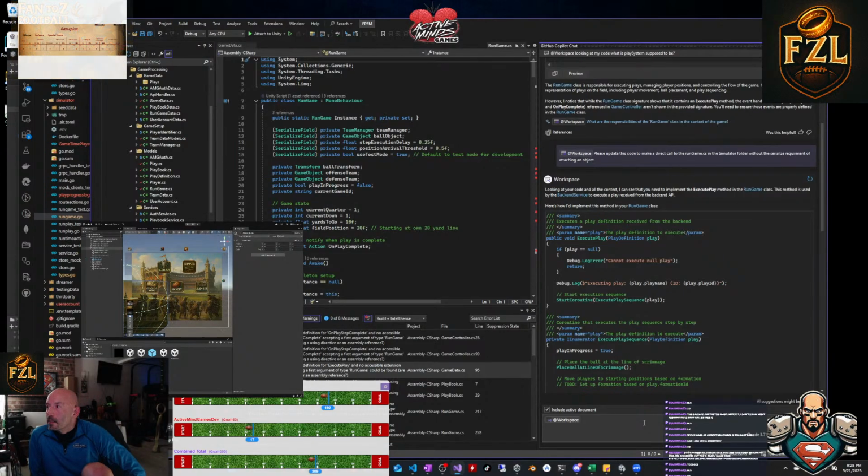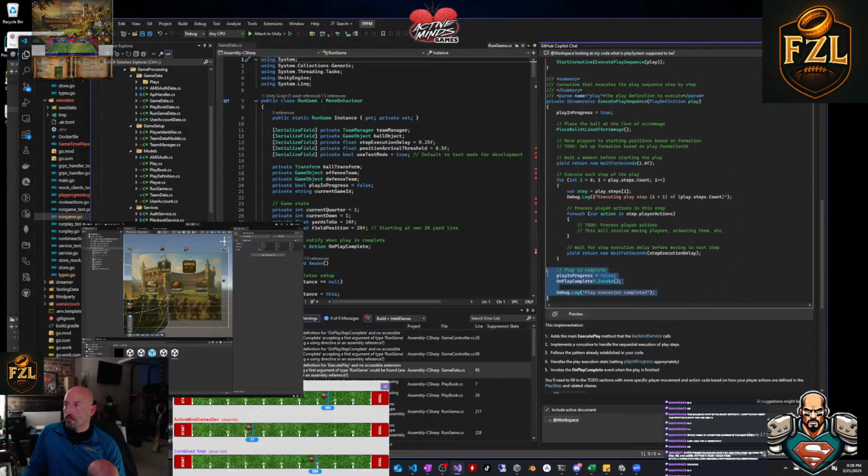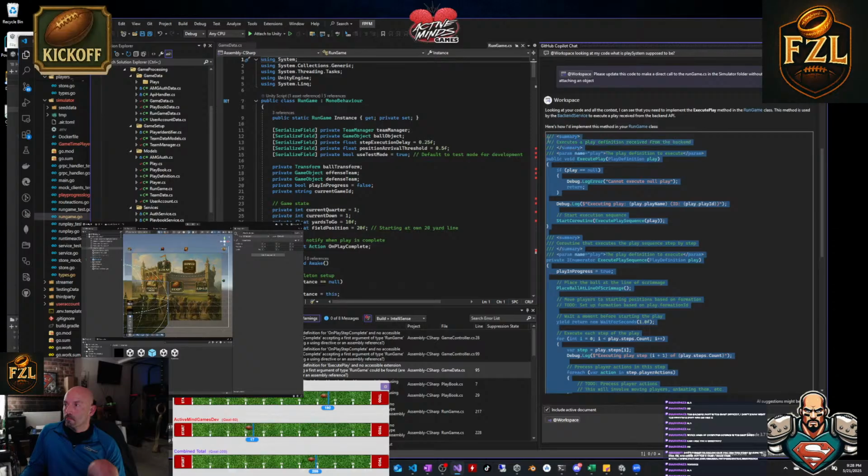Method in the run game class. This method is used by the run backend service. Execute play sequence. Execute play. Okay, so I'll put this in the run game,